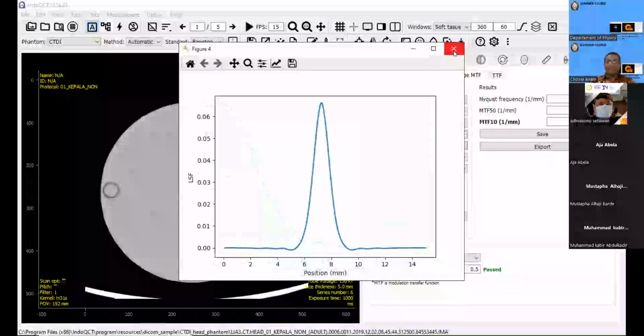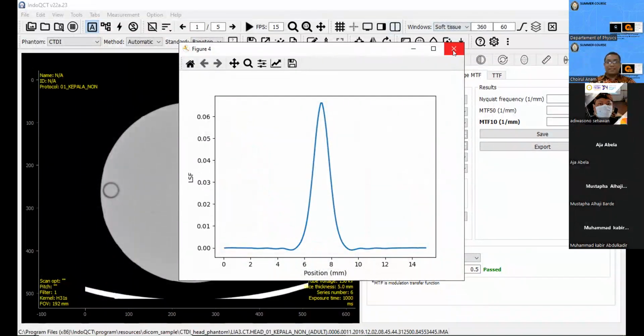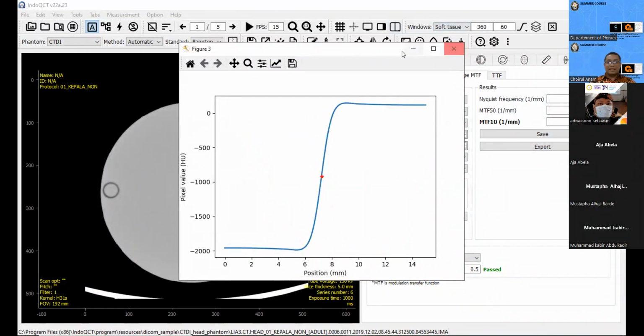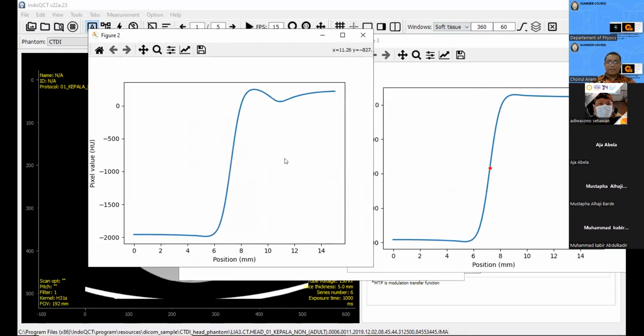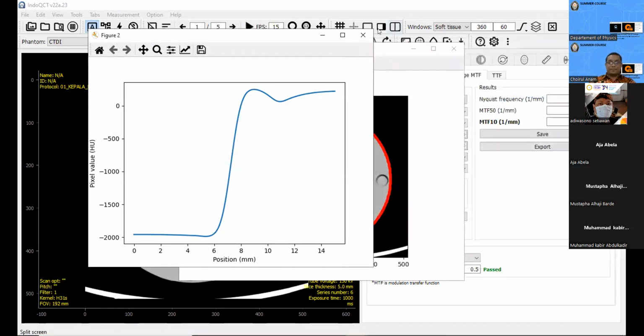So we cut in the middle, use this one again, rotate, and combine here. This is the mirroring method.